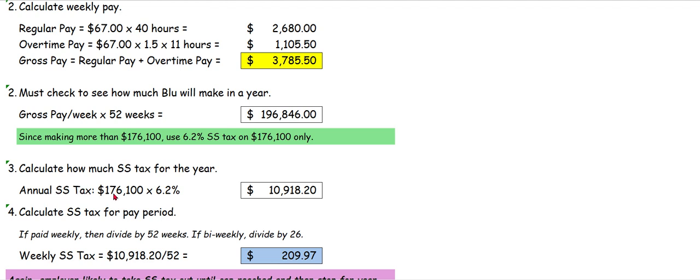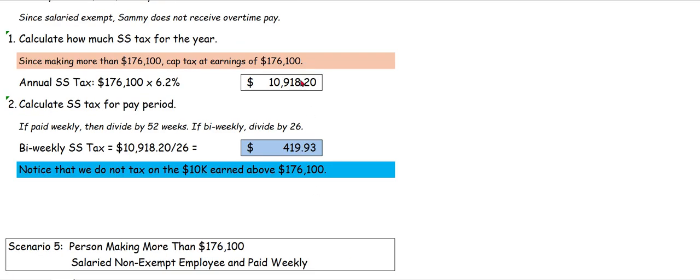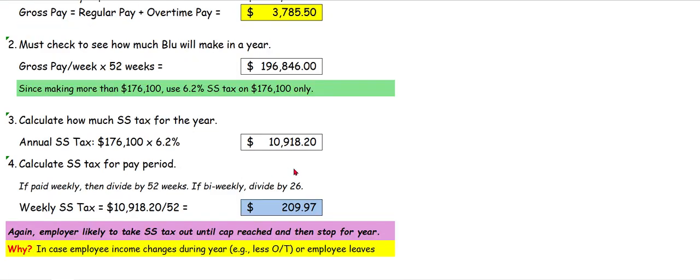Calculate how much Social Security tax for the year. Annual Social Security tax is $176,100 times 6.2%, which is this number, which is exactly the same as that number because it's capped at $176,100 in income. Calculate the Social Security tax for the pay period. Since we are looking at someone who's paid every week, we take the $10,918.20 divided by 52 to arrive at